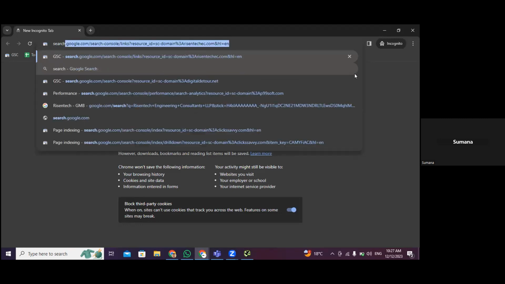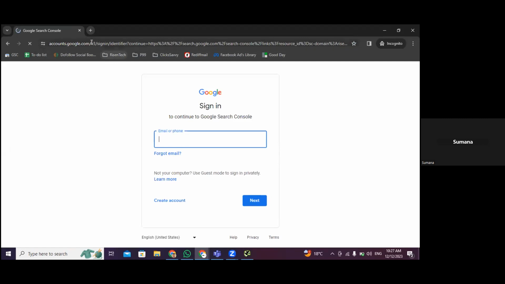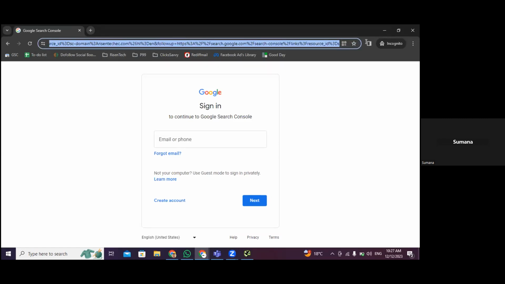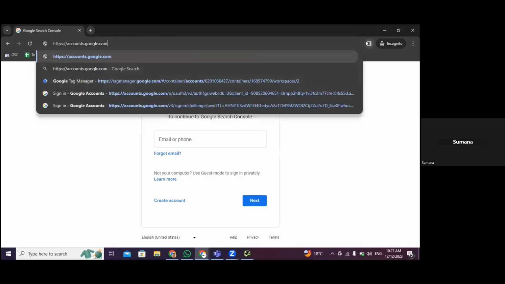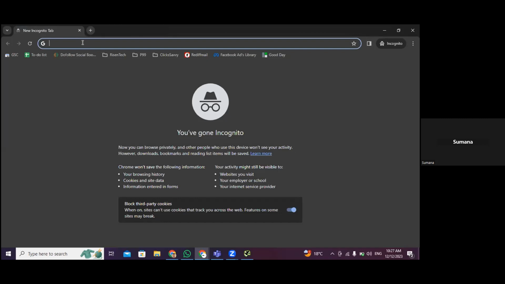Just like Google Analytics monitors the behavior of actual users, Google Search Console tracks the behavior of crawlers. So whenever a crawler sees any technical issue with your website,